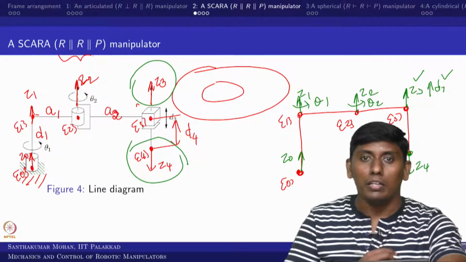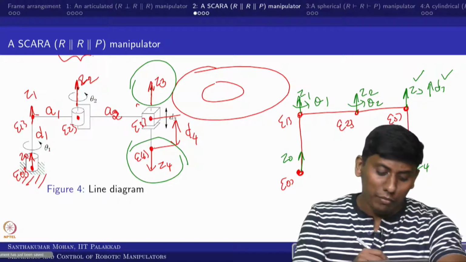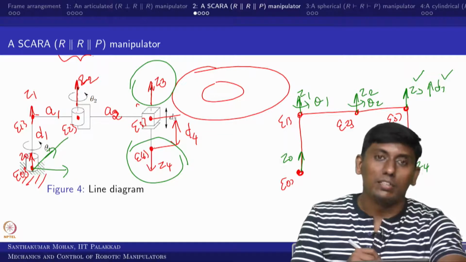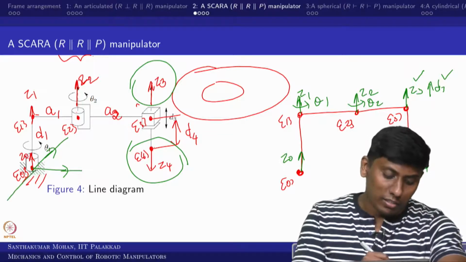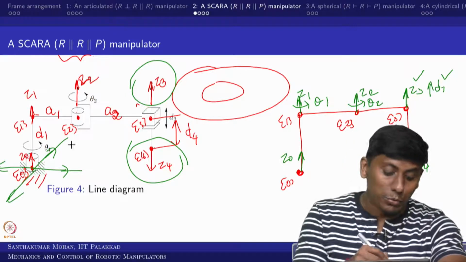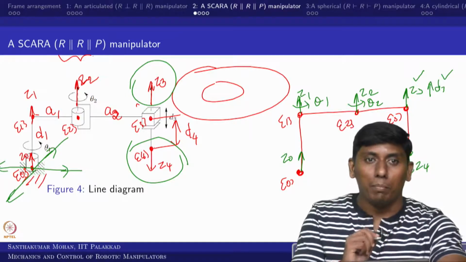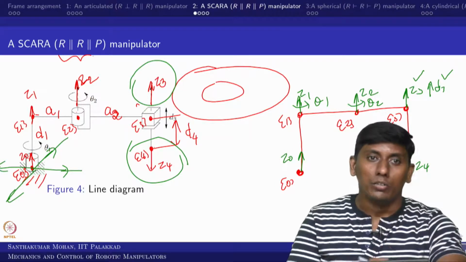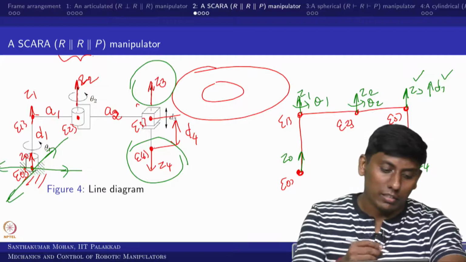So in the sense, what one can do is take any convenient normal axis. You can take this as x, or this as x, or this as x, or this can be x. That is sufficient. You can actually take anything on the plane, but you know there are two distances coming. So I am taking this along the x direction.